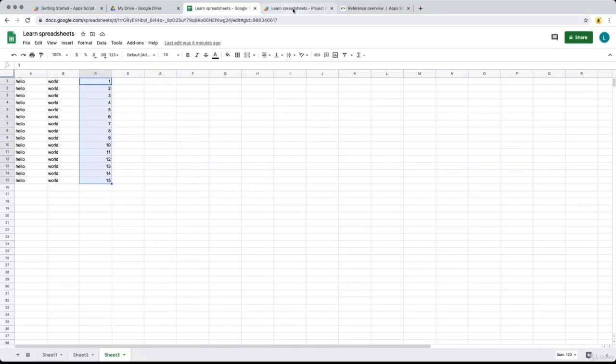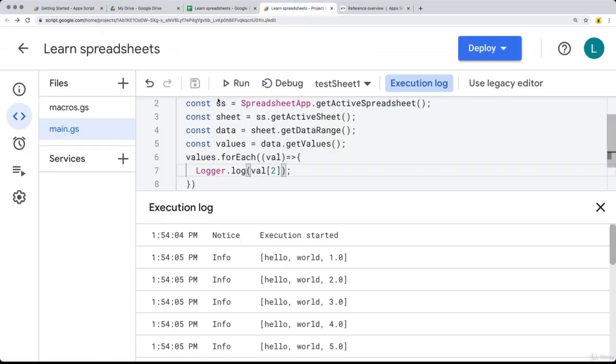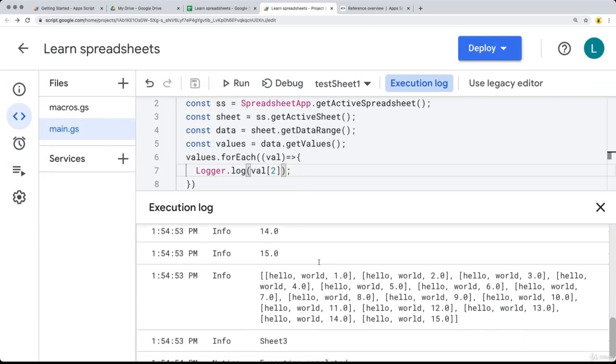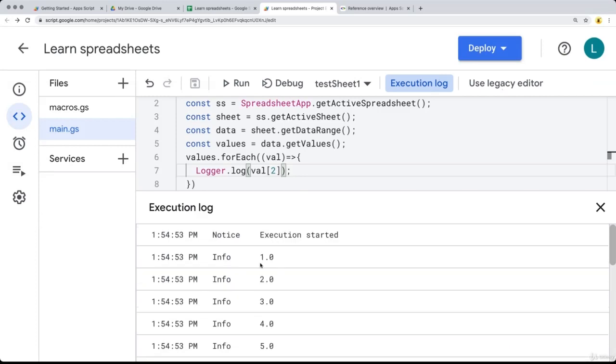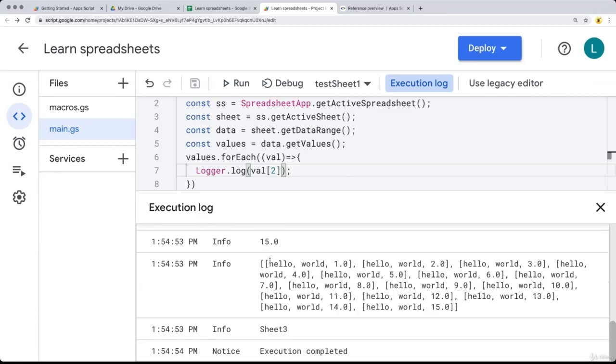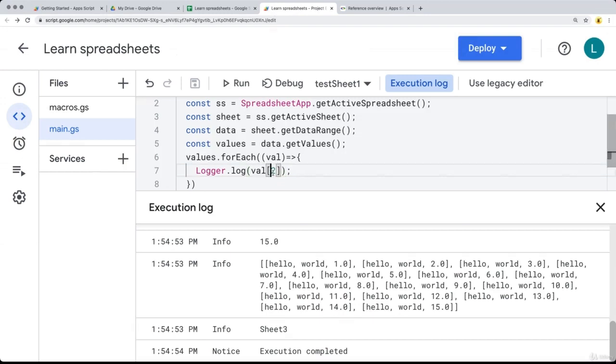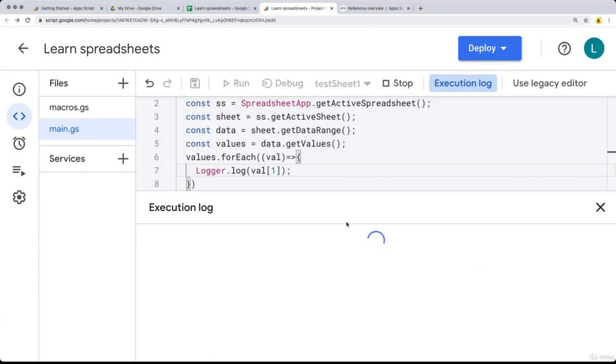So do you think we're going to get back all of these values into the log? Let's try it out and see what happens. So we are returning back all of the contents that are contained within that column within the log itself. Let's try making some updates here, and I'm going to just increment it numerically. And again, just getting some dummy content. If I want to get the second column, I use the index value of 1, and let's run and check